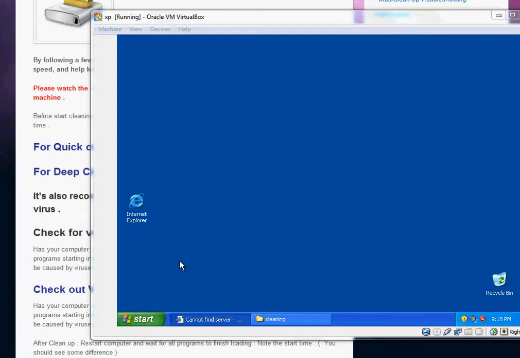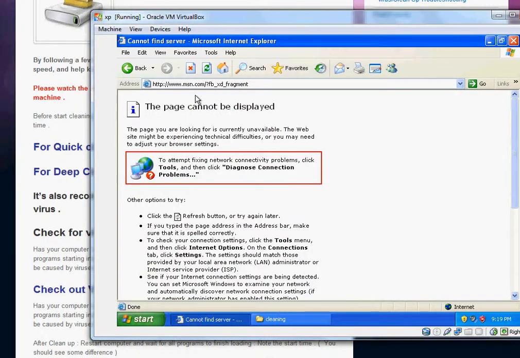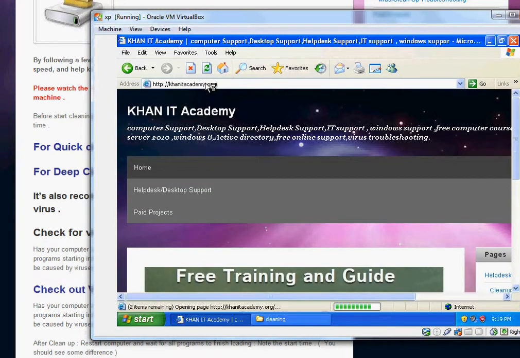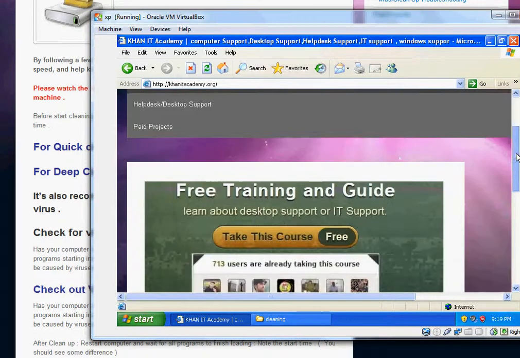Okay, so once you're done with those steps, you guys can just restart the computer and see if you have any issues. You see this much better now. Let's go back here. Now, if you want to do a deep cleanup, all you gotta do is